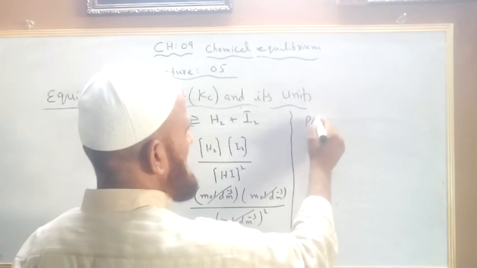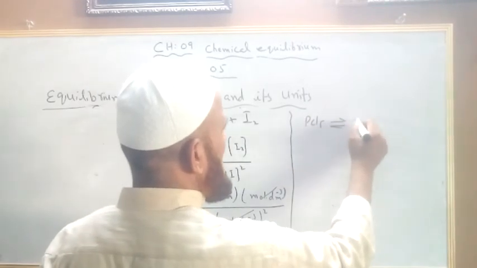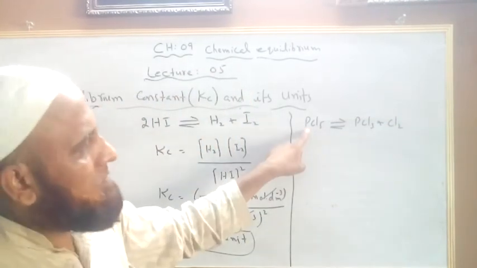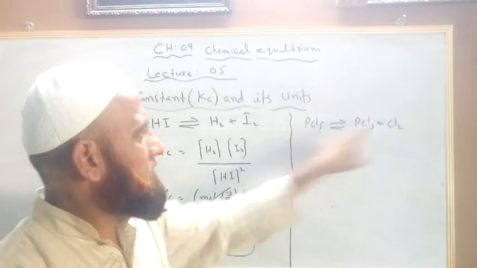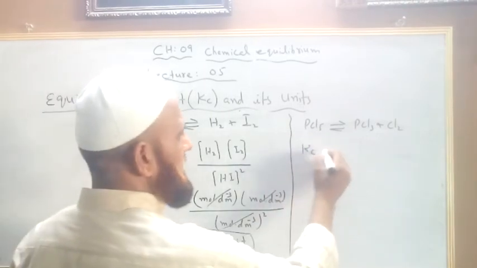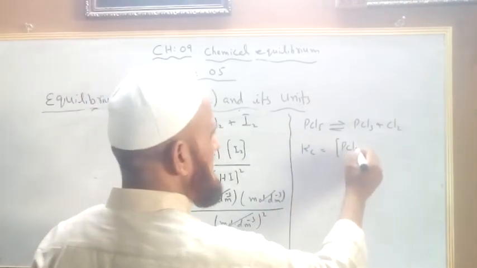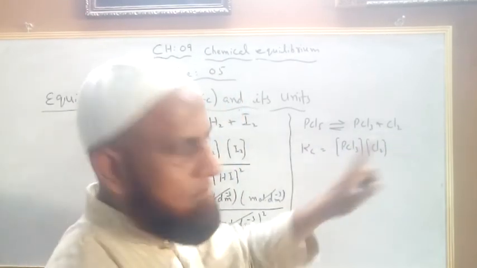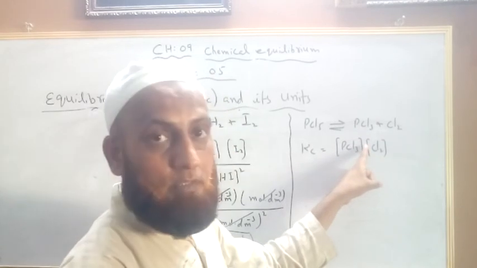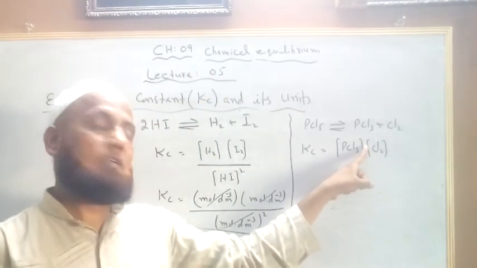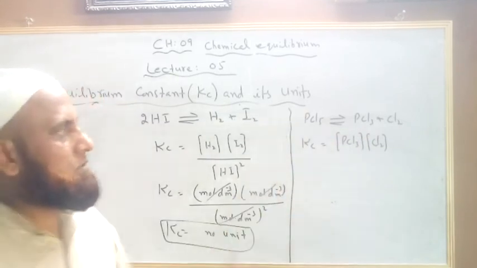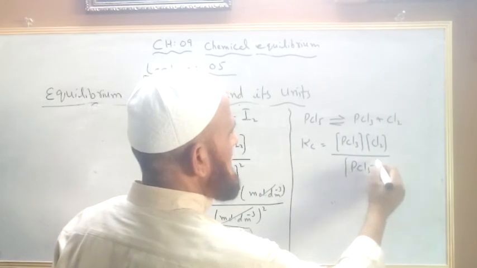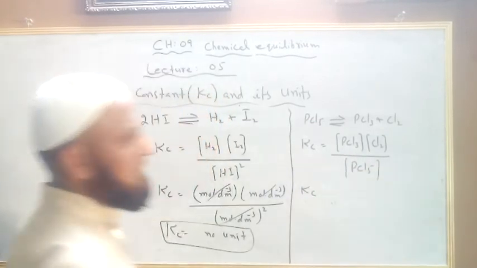Let's take another example of PCl5. It is going to break into PCl3 plus Cl2. Now check, is it balanced? Obviously it is balanced. Phosphorus we have one, phosphorus we have one, chlorine 5, it is balanced. First write the Kc expression. Kc expression means PCl3, the product of concentration of products. Be vigilant, you are not supposed to write plus here. Be careful. Mostly students commit the mistake of writing plus here, and in that case you would get the wrong equation. Then PCl5 at the bottom. After writing this, you can use mole per dm cube again.